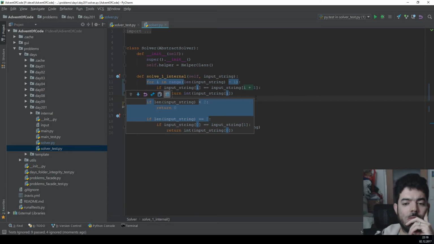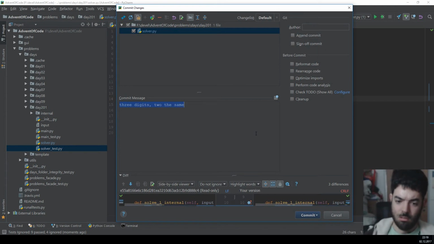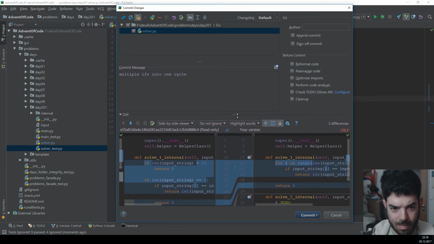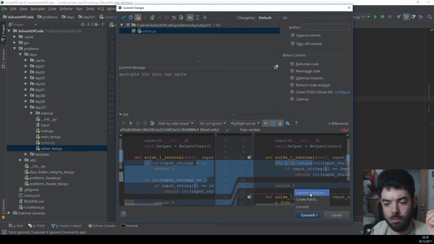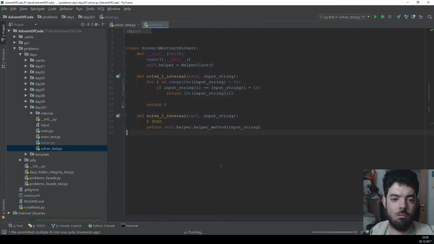But it wasn't obvious enough. Multiple ifs into one cycle. I thought it would be more obvious. If you have any recommendation how to do it better, let me know in the comments. I would be glad if you do. So commit and push. Now we have one pretty cycle,